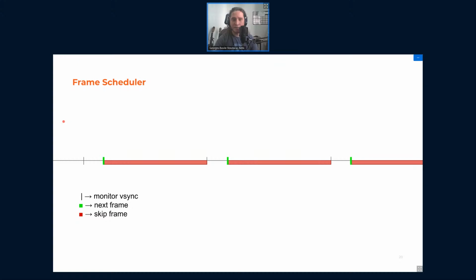If an application like a video player has a frame ready and sends it here, this frame is not going to be shown in the next frame displayed by the monitor. Instead, it will skip to the next one.